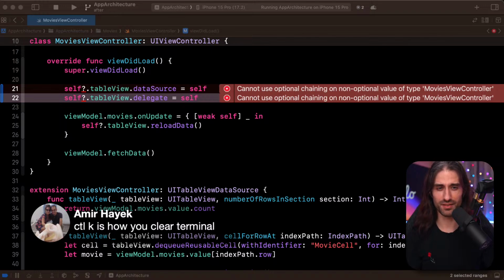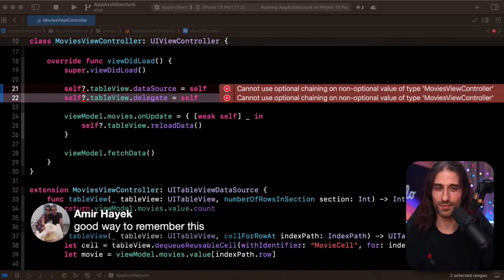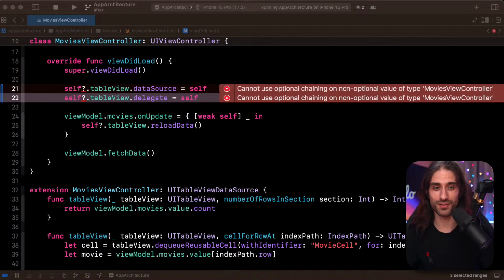I'm doing a lot of terminal stuff these days because I work on something else than the iOS app at Photoroom recently. Whoa. I'm also going to remember it and try this Control K thing tomorrow because it might save me not a lot of time, since writing clear and doing Control K is not that much of a time difference, but it's funny when you learn something like that you should have known for years. You're like, oh, I'm glad that I've learned it, but also, I spent like 15 years doing stuff without knowing about it. You feel a little bit self-conscious about yourself. But thank you for sharing it.